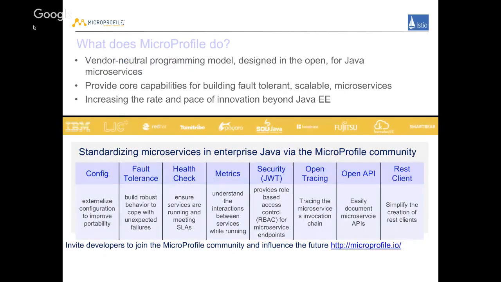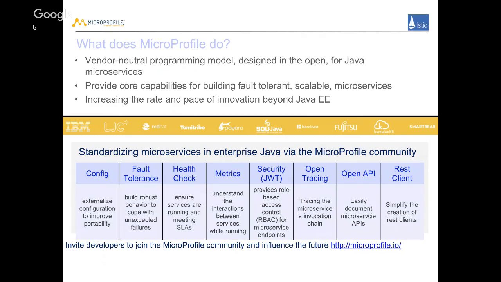As I mentioned briefly in the previous slides about MicroProfile, MicroProfile has been around for just over 2 years. It has had 7 releases in these 2 years up to now, and we also released 8 brand new specifications. It has config, fault tolerance, health check, metrics, security, OpenTracing, OpenAPI, REST client. This is all to do with how to develop microservices.